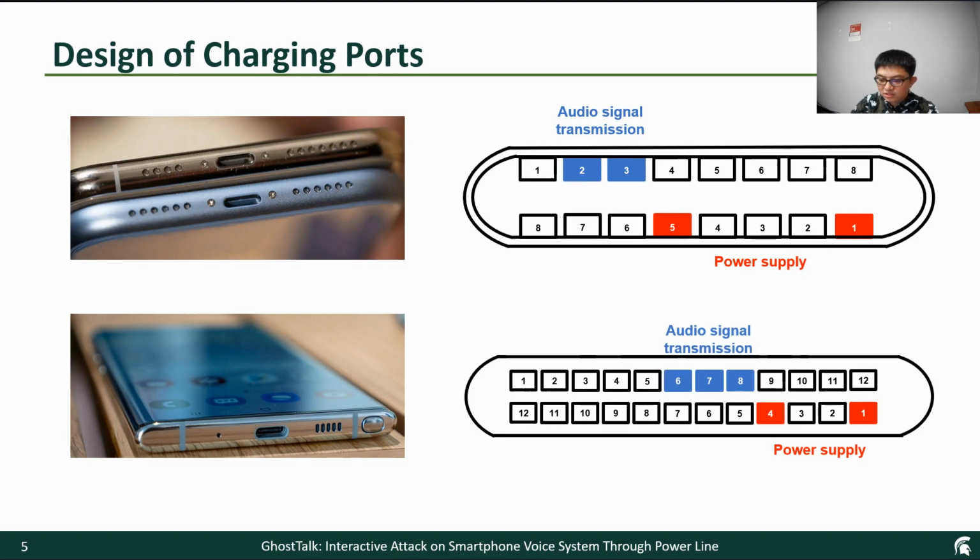The right figures display the circuits of Lightning and USB charging ports. We can find that they do not only charge the smartphone, but also enable audio signal transmission. Therefore, it is possible to inject and eavesdrop audio signals through the charging ports.